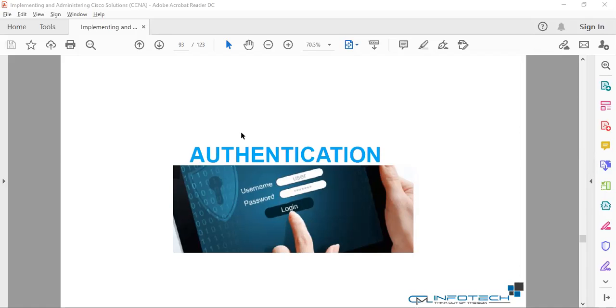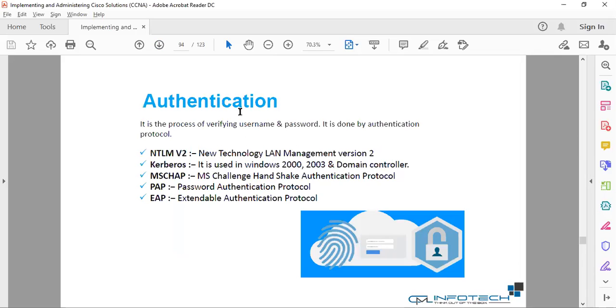Let's say for authentication at the system level, generally there is a protocol called NTLM. Can you see that authentication screen? You can see the protocols NTLM version 2, Kerberos, MS-CHAP, Microsoft Challenge Handshake Authentication Protocol, PAP, EAP. There are many. So when you type something into your device, based on the device and the app within the device, they're going to select the respective protocol to check whether your given input is right or wrong, which means